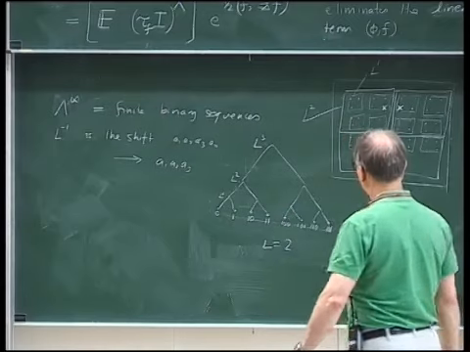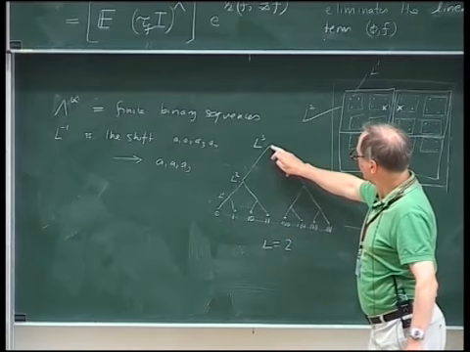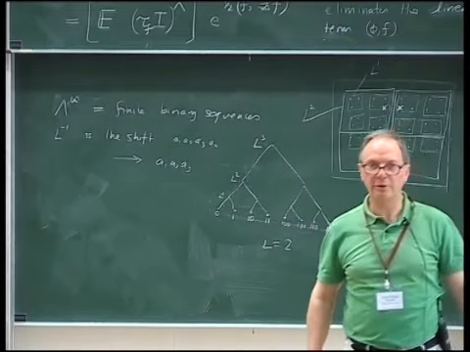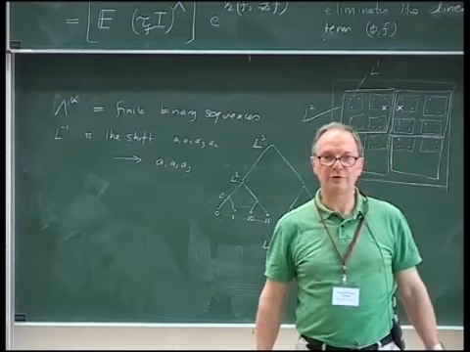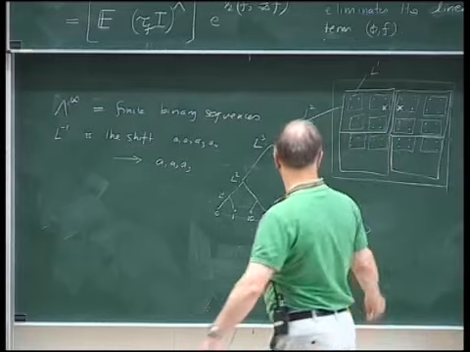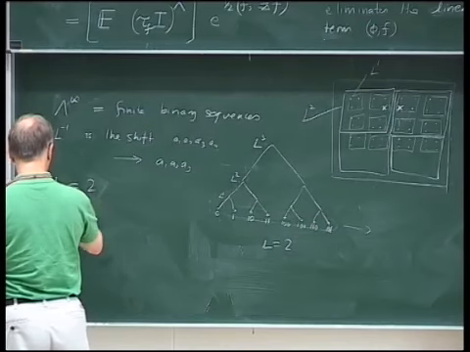So what's the dimension of this lattice? Well, how many points are there, for instance, in L to the 3? It's 8, right? Diameter 2 to the 3 has actually 2 to the 3 points in it. The dimension is 1. So L is 1 here. L is 2, and dimension